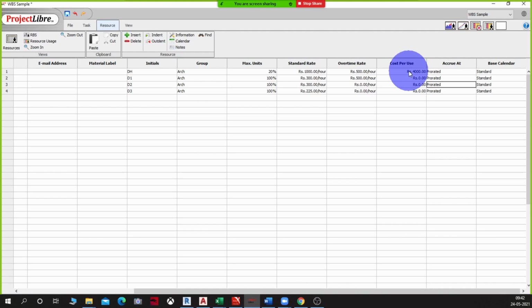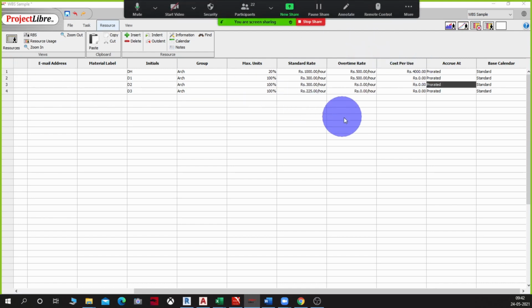So okay, there are two things here. One is this is a project cost. What we are showing here is the amount that is going to get billed to the client. How I reimburse the person internally in my office is completely different from this. So every time this person visits your site, he's going to cost you 1,000 rupees per hour and 4,000 rupees for his travel. So that's what is being communicated to the client when we are showing this here.